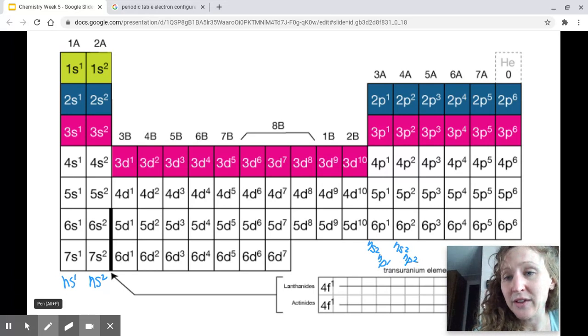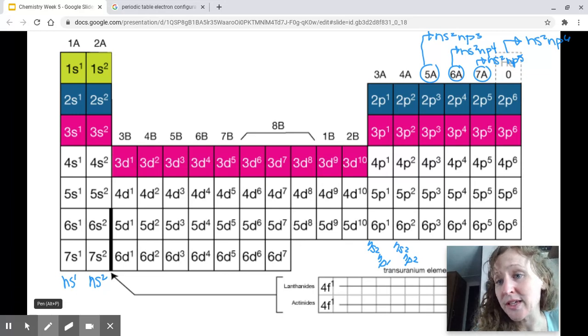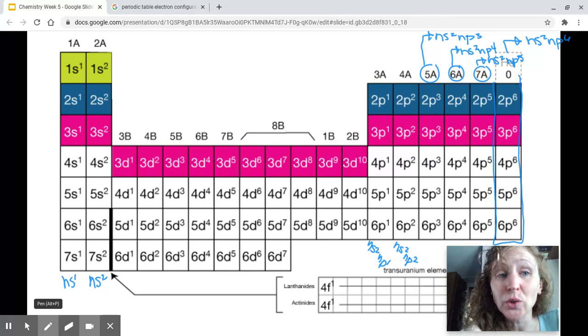Okay, 5A is going to be NS2NP3. 6A is going to be NS2NP4. 7A is going to be NS2NP5. And then the 8A family is going to be NS2NP6. So notice, for this family over here, which does include helium,